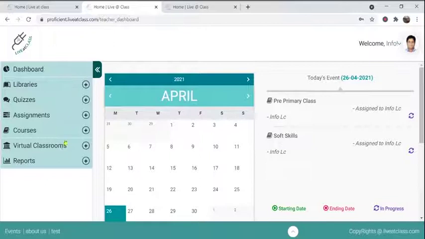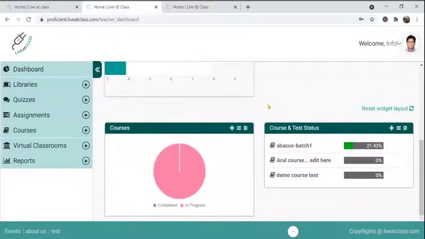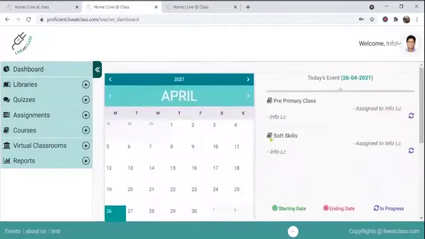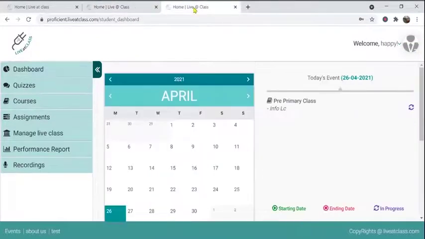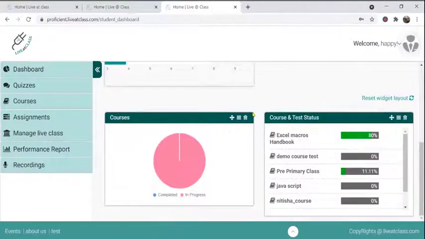There you see. Moving on to the right hand side, we see the data available to the teacher is basically pertaining to what a teacher would need in a school. And finally, we have the student login. There you see, with the least controls, as in a school it would be, and the data available to them is just the study material basically.